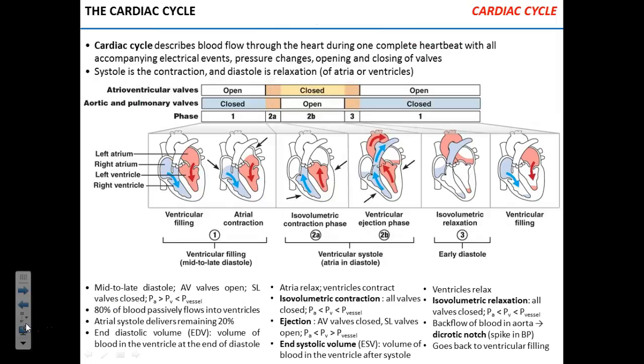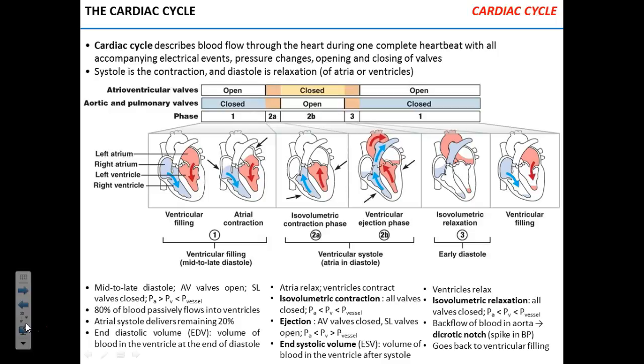Now, before we move on in the cardiac cycle, the things that we discussed before, the valves, the blood flow through the heart, the electrical events in the heart, were all components of the puzzle that we're going to put together right now, because we want to trace the contractions and relaxations of the cardiac muscle, electrical activities, changes in the blood pressure, and movement of blood through the heart, opening and closing of valves. Put that all together. Okay?